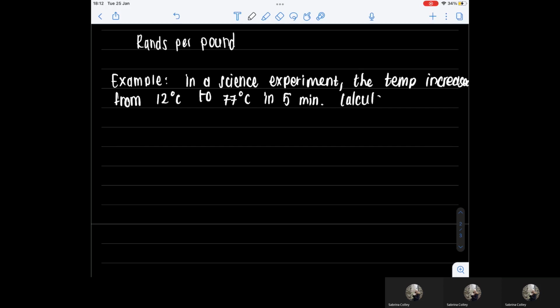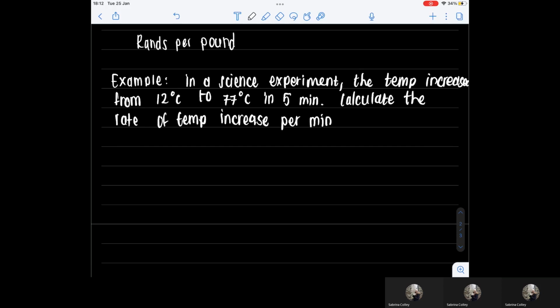Calculate the rate of temperature increase per minute. All right, so this one we're looking at the rate, and we're looking at the rate of the